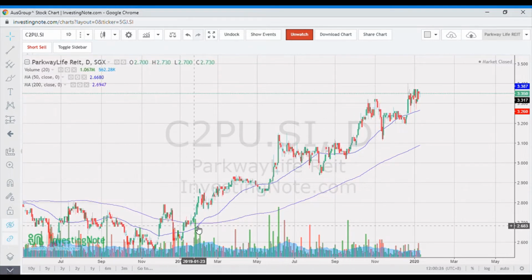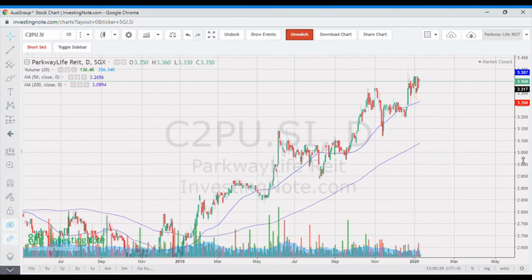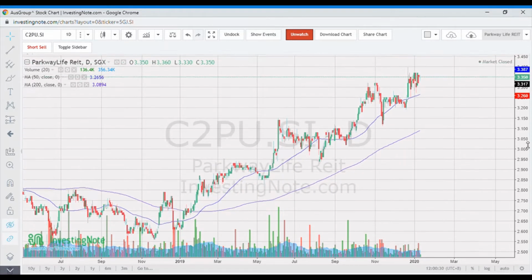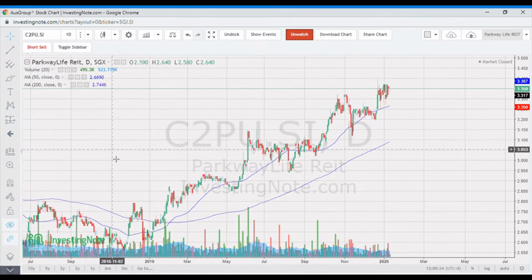And it is definitely still in the uptrend because the 200 days moving average is pointing up, and so is the 50 days moving average. So actually, if you take a look at this counter, it is experiencing a very healthy uptrend. It goes up above the 50 days moving average, respecting the 50 days moving average. It goes down, spends a very short period of time below the 50 days moving average, then shoots up